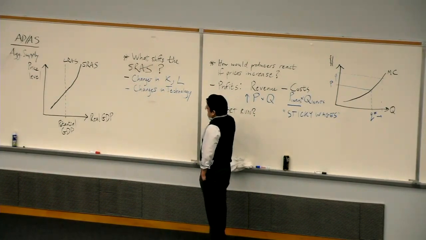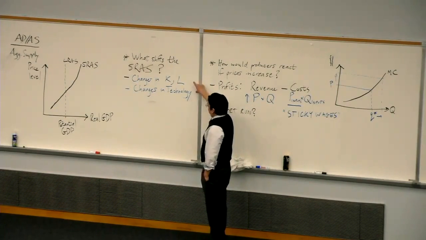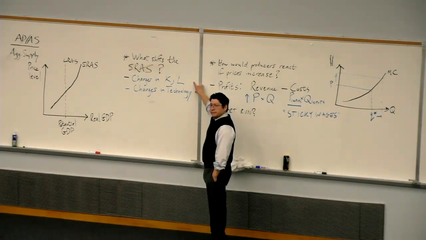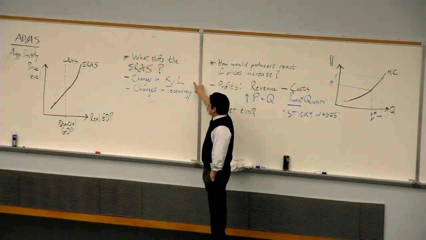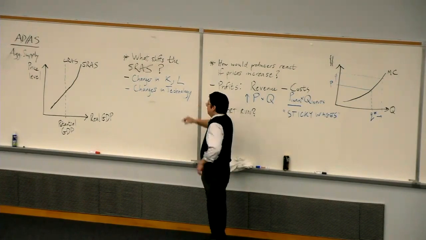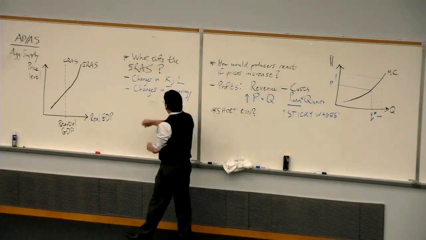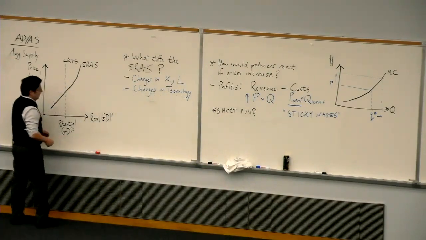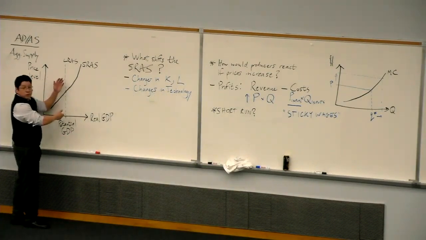First question, do I need to remove these items from this list? Are these things that should affect the short run aggregate supply? Yeah, sure, they should, right? If there's an improvement in technology, it improves my ability to produce output both right now in the short run and in the long run. So